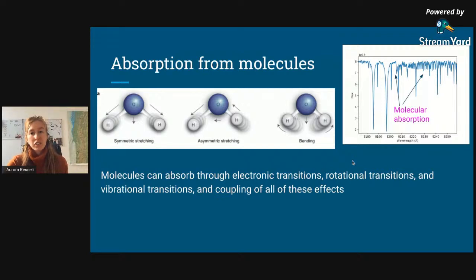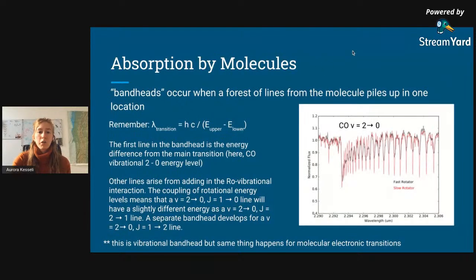Okay, so even just with that simple kind of explanation, we can already start to see why molecules have so many more lines. Here's my same picture, and all of these lines are the same molecule absorbing, and it has hundreds of lines in a row right here. Whereas the elements have single or double or even triplet lines, but not hundreds of lines in a row. Okay, so to go into a little bit more detail about molecules,